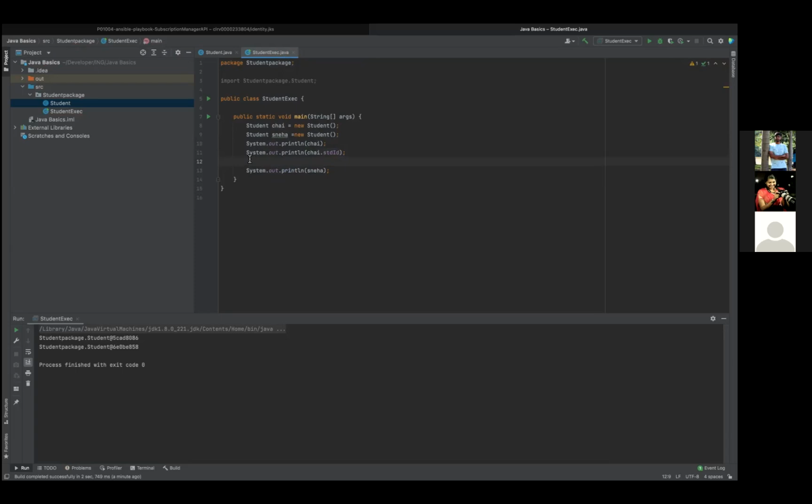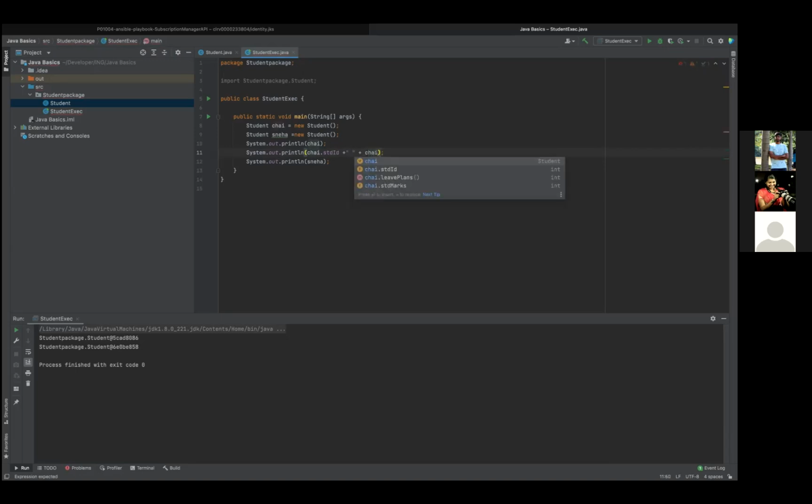Okay, in the same println, can you separate it with plus? Type STD ID. Right, you can now separate it with plus. Give space and then give plus. Yeah. So whenever you want to print more than one property, you can separate it with plus. So basically it appends your data. Give plus, and then now you want to have some space. So you can give double quotes and give one space within that. Yeah. Now after the double quotes, give one more plus, and now again type CHAI.